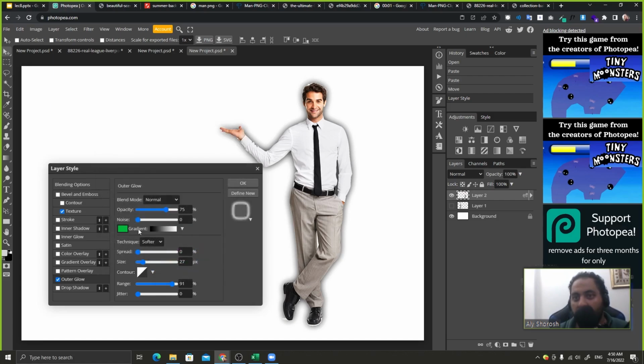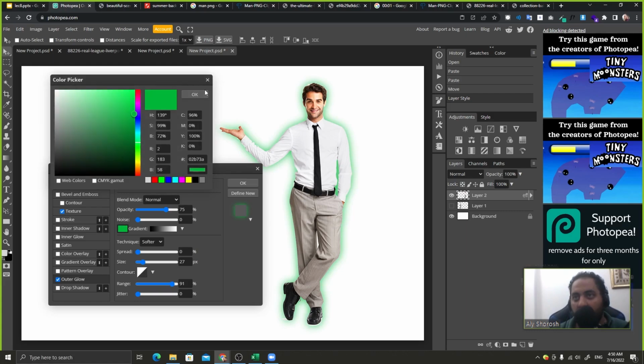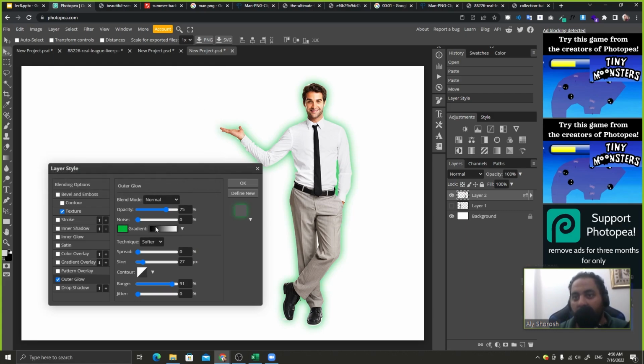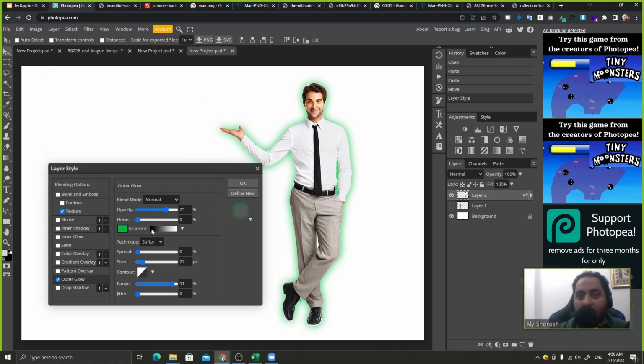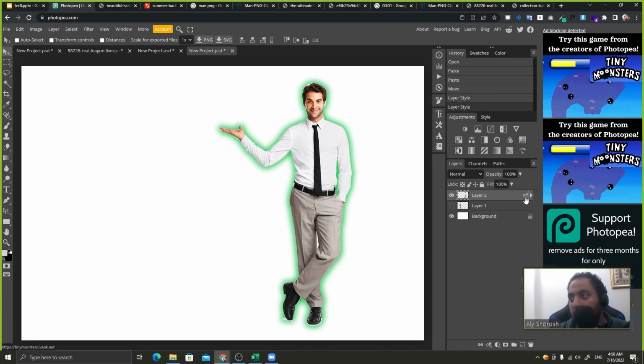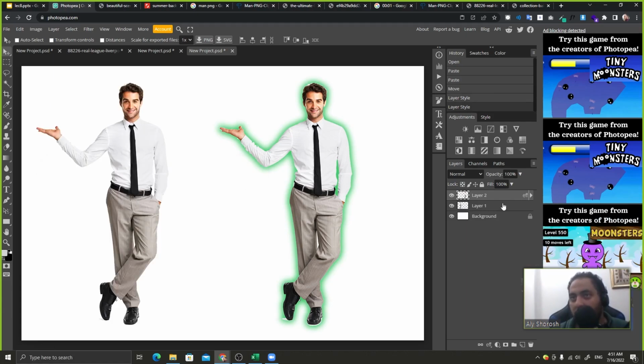I didn't want to select the gradient. I want to select the color. Okay, now I'm selecting. If you click on the gradient, it will select the gradient color, and if you click on the color, it will select the color. So let's make it pure, and let's make a spread, and let's click OK, and let's display another one,